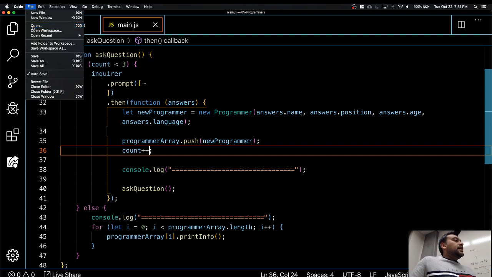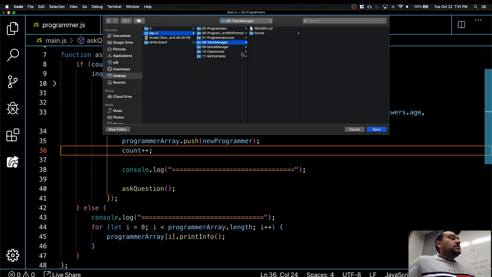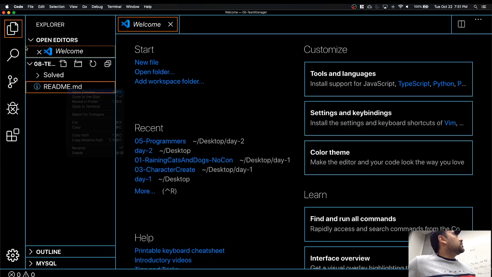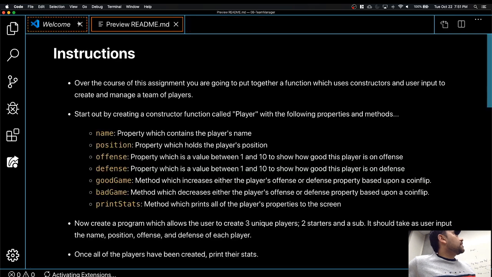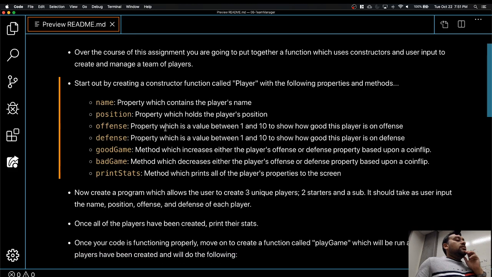This is going to be activity number eight, and this is called Team Manager. Okay. All right. So let me quickly go over the README because it kind of looks scary. Okay. So first of all,